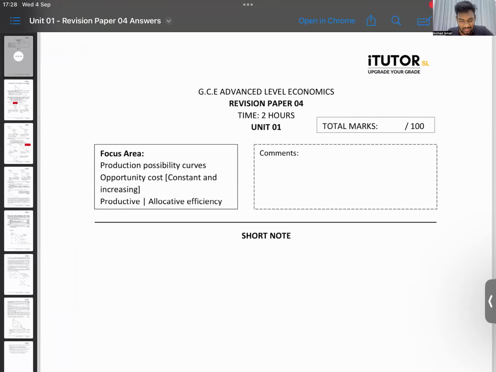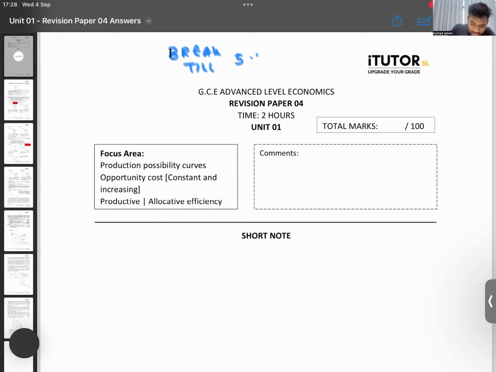So shall we take a break until 5:35? You have around 7 minutes to walk around, get some water and come back. So take a break till 5:35. We will wrap up by around 6:35. Take a break and